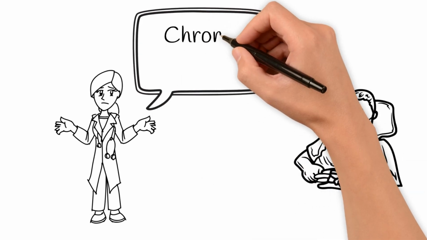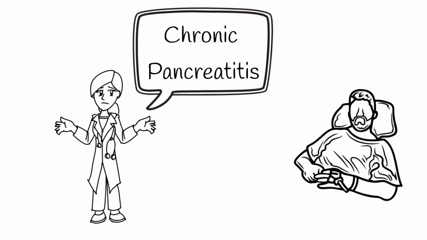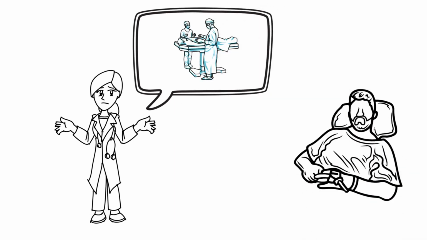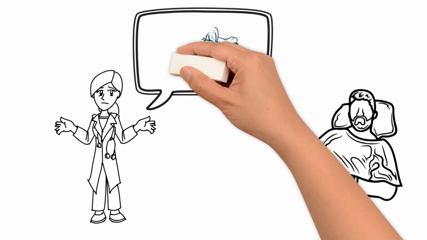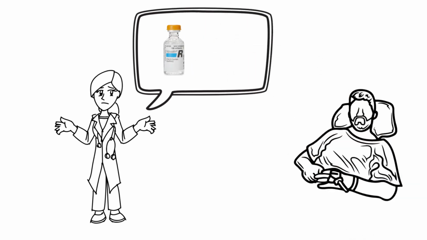If it does, you are at extreme risk for developing chronic pancreatitis, which could require surgery to remove damaged pieces of your pancreas and often leads to a lifetime of pain. They might also require you to take supplemental insulin and/or digestive enzymes to make up for the loss of pancreatic function caused by fibrosis. Aside from quitting drinking, there is currently no medication approved to prevent your acute pancreatitis from